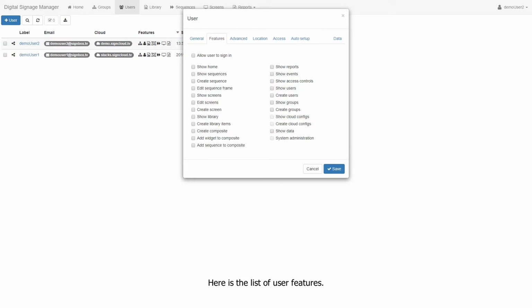Here is the list of user features. You may enable a feature that the user has access to by clicking on or off to customize what the user can do with the account. Allow user sign in. You may block a user from signing in by disabling this feature. Show Home. To show the dashboard with an overall view on all screen status history, recent users action and server